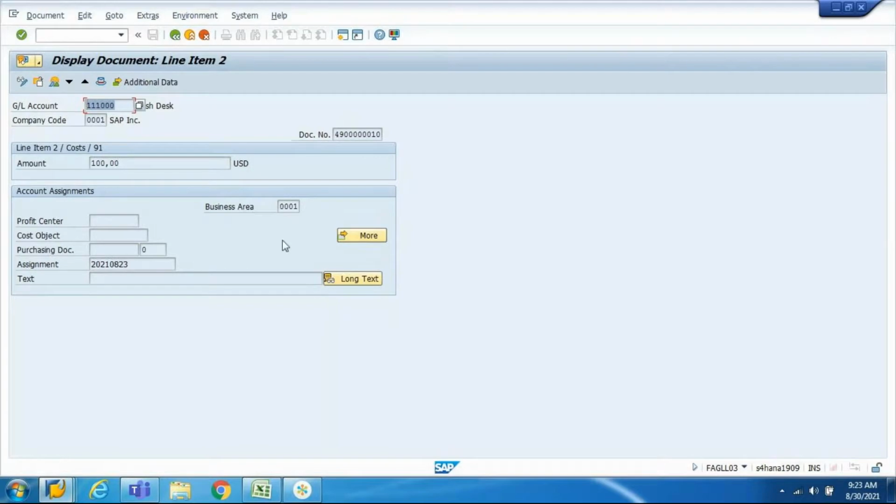The open item checkbox should be enabled. That is one point: the open item checkbox must be valid. And there is one more point. The account must be a P&L account or a balance sheet account. Now, for what kind of accounts can we enable open item?